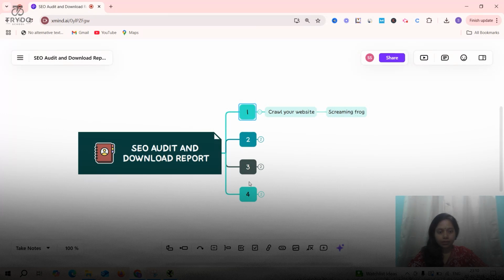Coming to the next, the second: check your site indexing, whether your client's website has been indexed or not. See, it's very easy. There is no such tool needed, okay? There is Google Search Console, you can just go and check it out. But I'm just saying, before you take up the project, you cannot ask for access to Google Search Console or Google Analytics from your client.